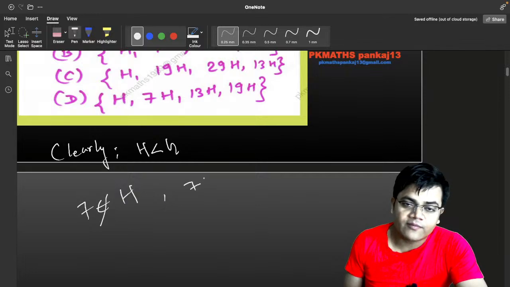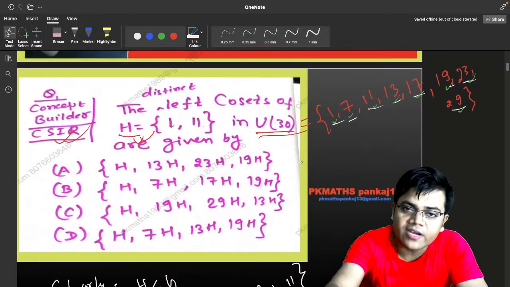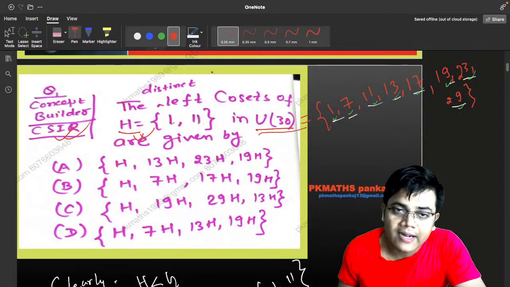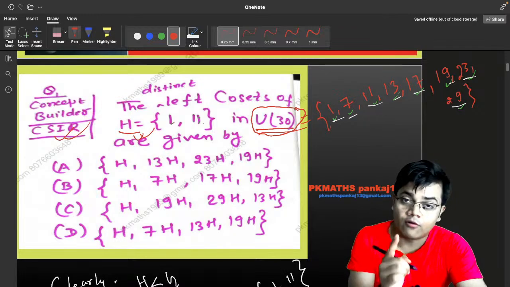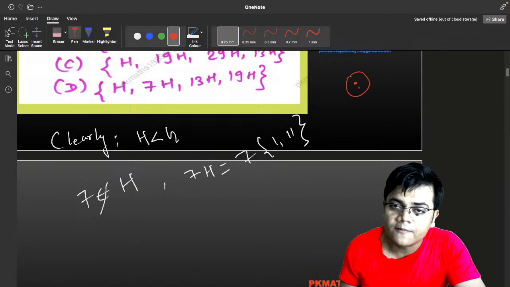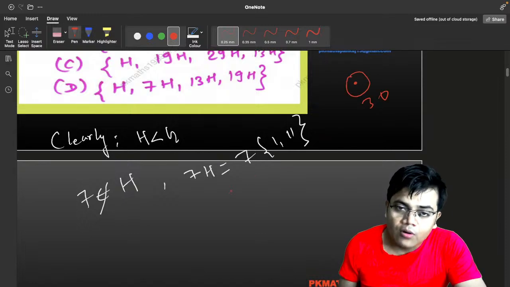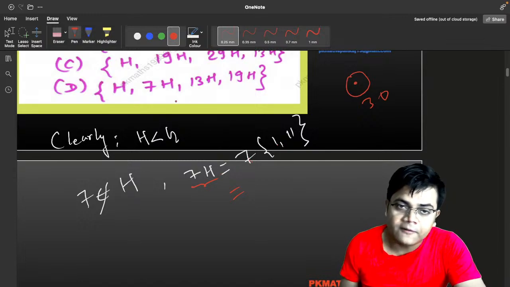So what shall you write? 7H. So 7H means what? 7, and the elements are 1 and 11. So certainly what binary operation will you take? You must remember that you are talking about this group U30, and therefore you should take the binary operation multiplication modulo 30. Okay, so now this is 7 into 1 and 11, because this is how we are going to write the left quotients. So here it will become 7,